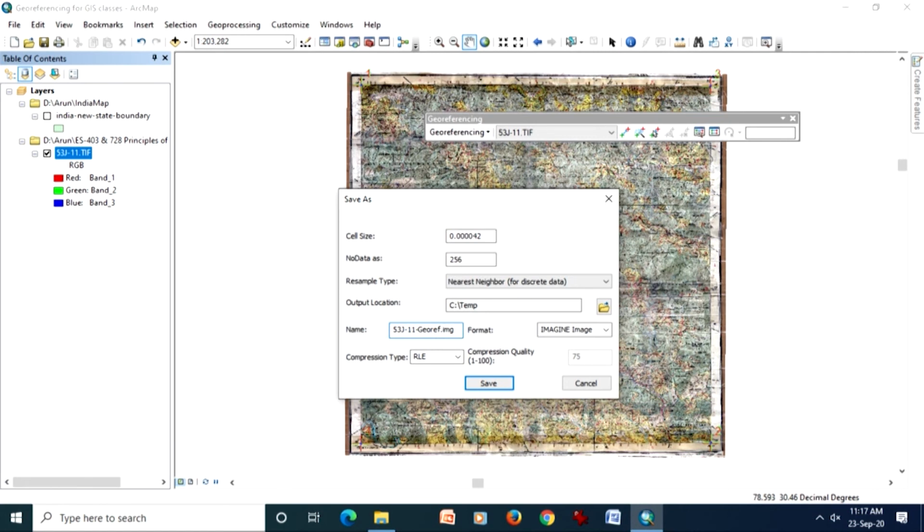It will go in my temporary folder, the format is going to be this, the compression is going to be RLE, and I can say go.